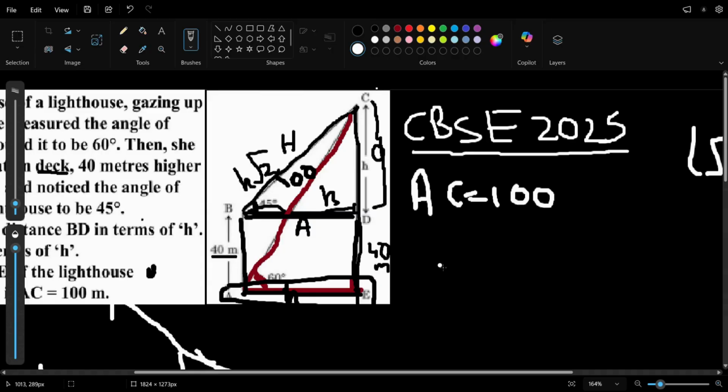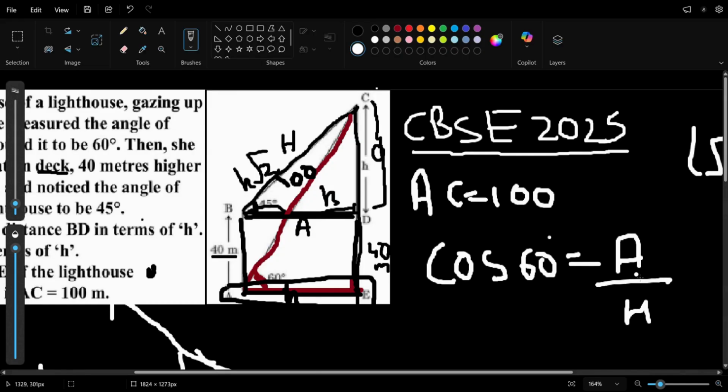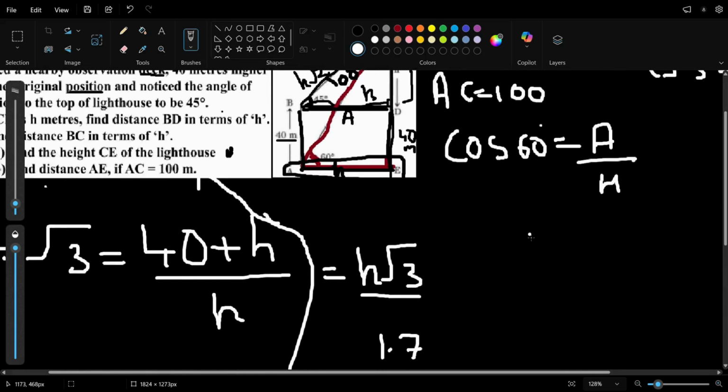Hypotenuse by adjacent, it's actually cos. So cos 60 is equal to adjacent by hypotenuse. So we know cos 60 is the opposite of sine. If sine 60 is root 3 by 2, then cos 60 is 1 by 2. So 1 by 2 is equal to adjacent, which is AE,